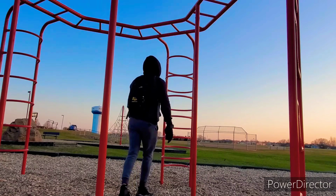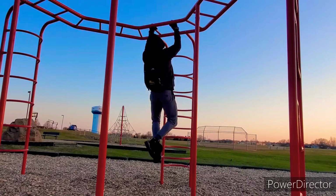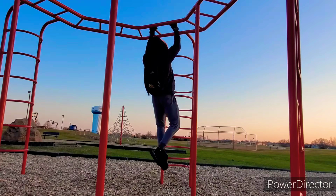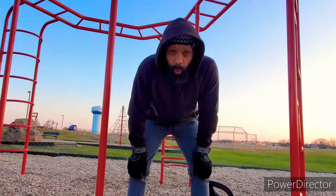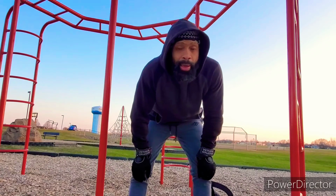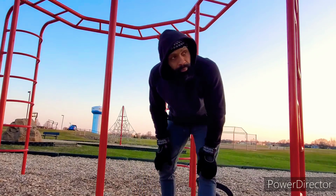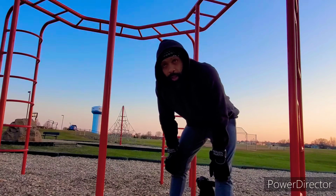Last set. All right, we did 3 sets wide, we did 3 sets close. Now we're going to do 3 sets reverse grip. You want to lean back slightly to be able to contract the lats. If you're upright,